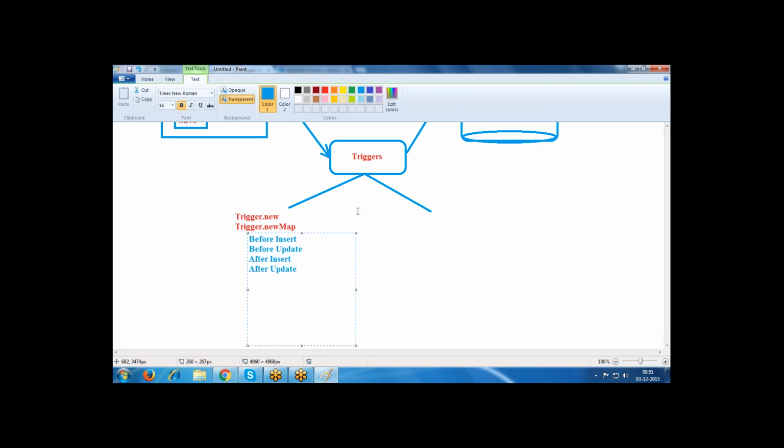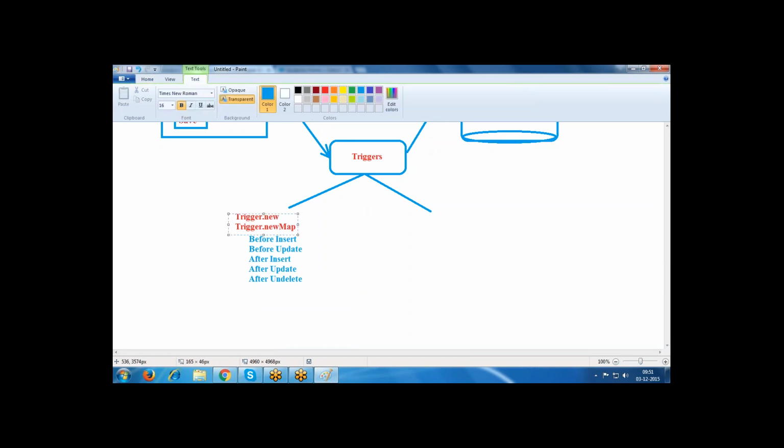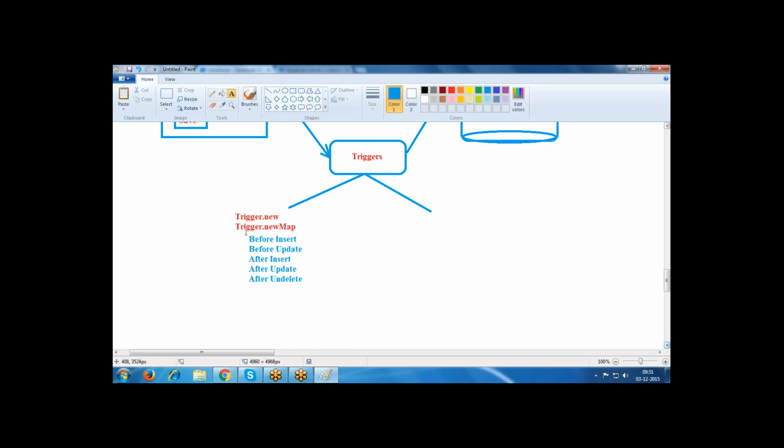Whenever we perform insert operation or update operation, then undelete, after undelete, trigger.new or trigger.newMap is used. Trigger.newMap is except before insert; it works for after insert only, but for before insert it cannot perform.